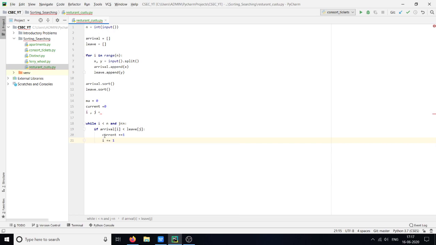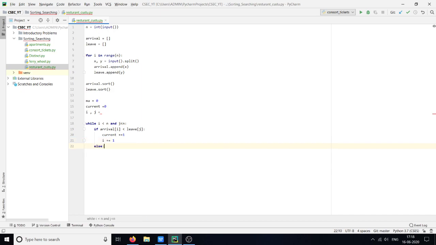So what we have done here is, if a customer arrives and another customer is not leaving, then the current customers in the restaurant will be incremented by 1, and i will be added 1, so we can check the next person who is arriving.